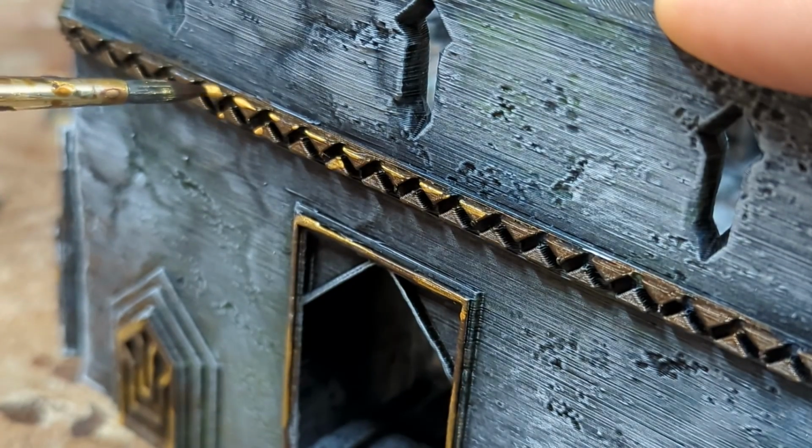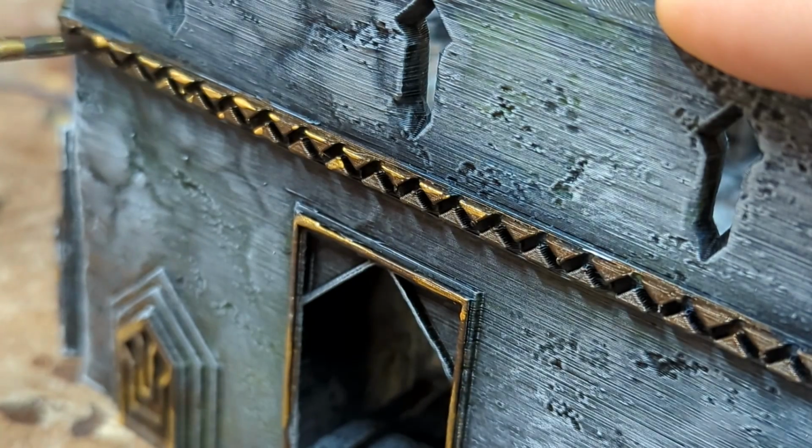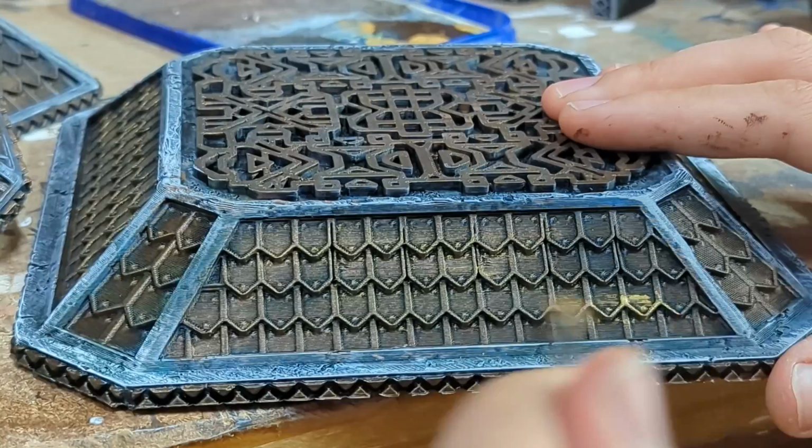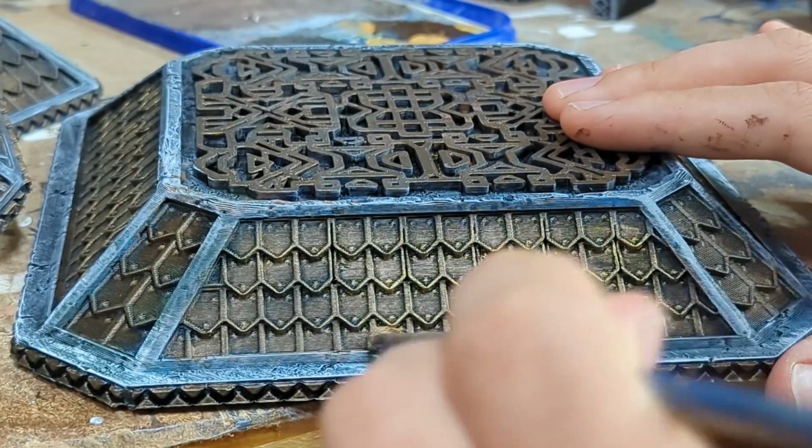We could spend a lot more time blending our colors how we do on our miniatures, but if we wanted to do that across all of our terrain, each project would take absolutely forever and it wouldn't have as much contrast on the table. And finally, I went over all the roofs with another layer of dry brushing with this